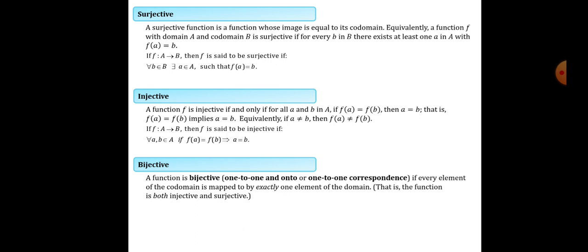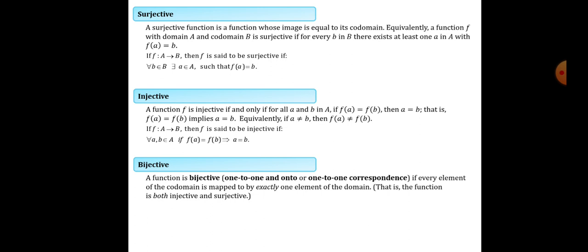Got my point? Every distinct element will have a distinct image under the function f if f is a one-one function, right? So if they are not distinct, that means they are the same, then their image will also be the same. But if they are distinct, their image will also be distinct under function f.